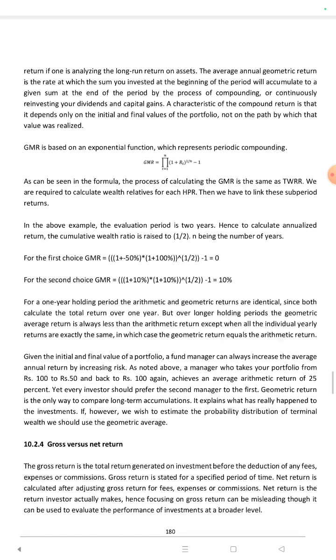As can be seen in the formula, the process of calculating the GMR is the same as TWRR. We are required to calculate wealth relatives for each sub-period return. Then we have to link these sub-period